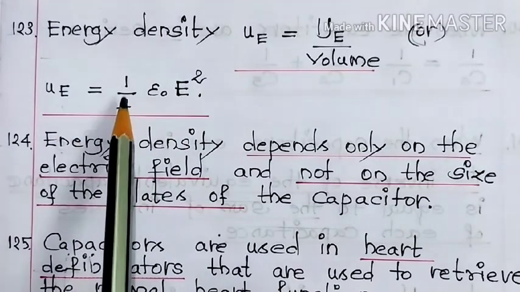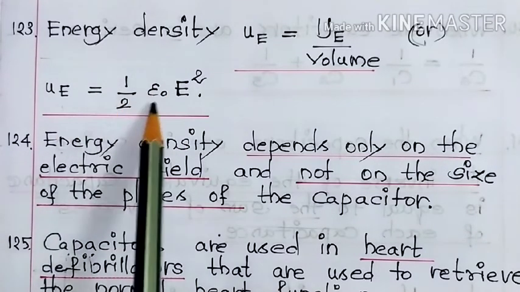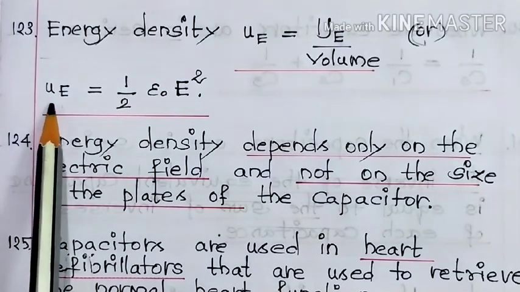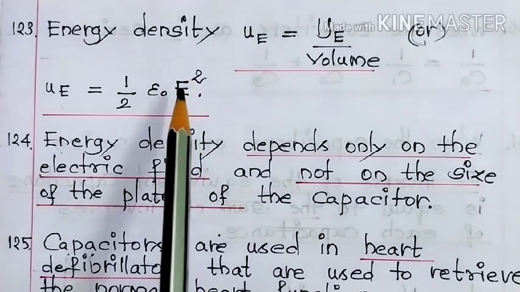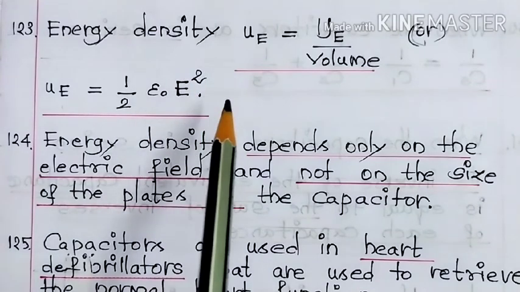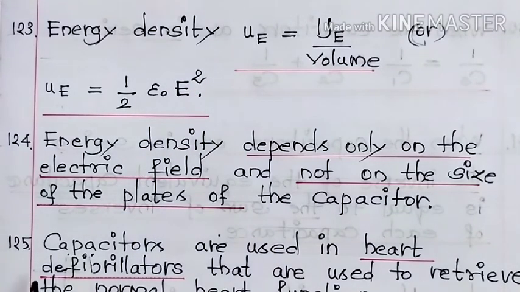Now have a closer look at this expression. Here 1, 2, epsilon naught, all these things are constants. So u_E, that is energy density, depends only on electric field and not on anything else. Next point,